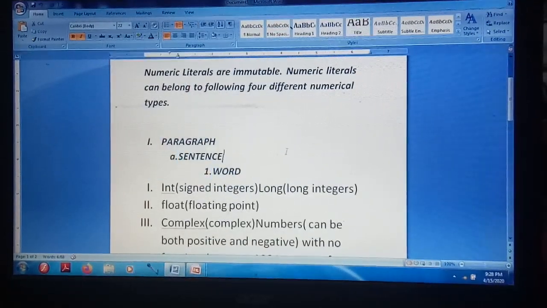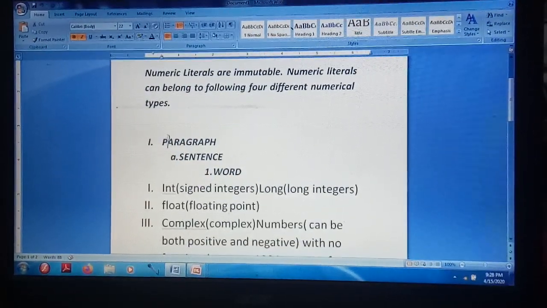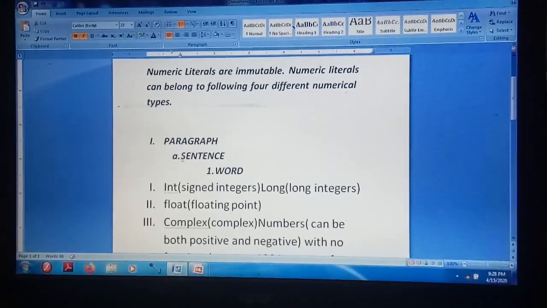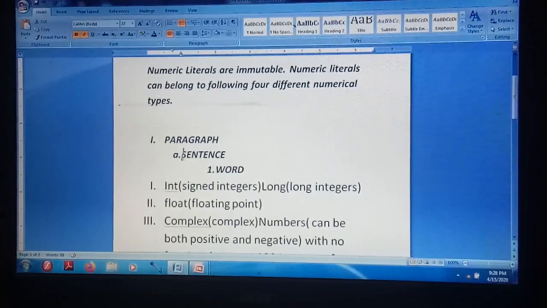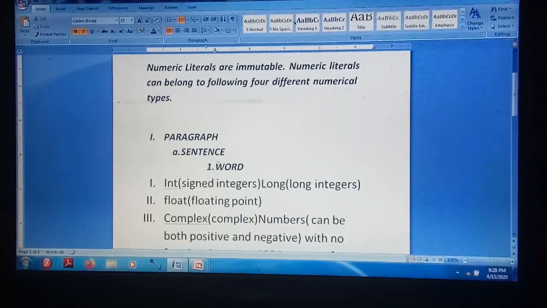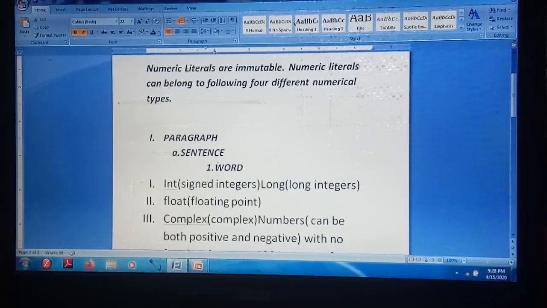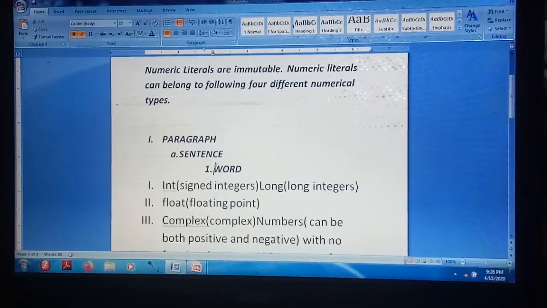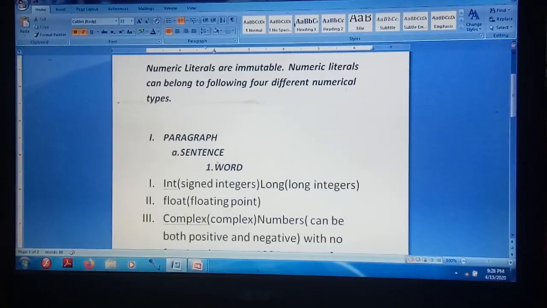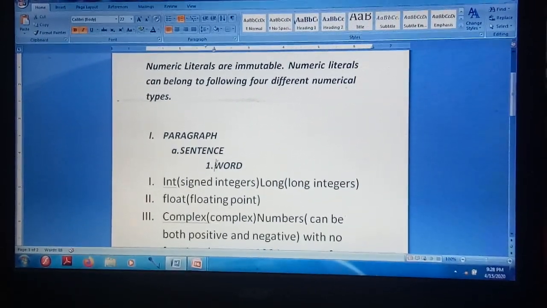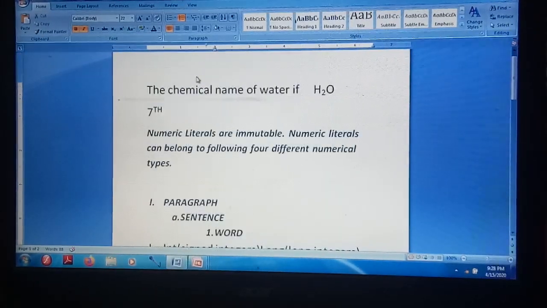Okay, so it shows that paragraph is the first point, and inside the paragraph you write the next sentence, and below the sentence you describe the points as a word. So this is the outline format, means in this format you can define the paragraph into the definition format also.